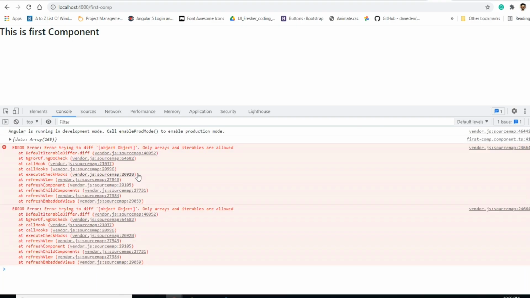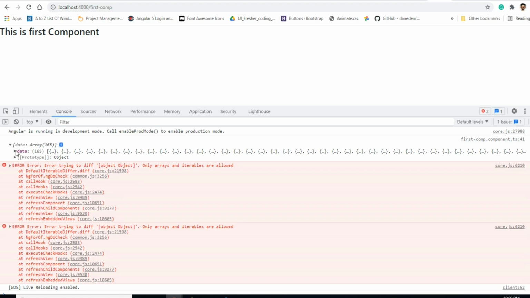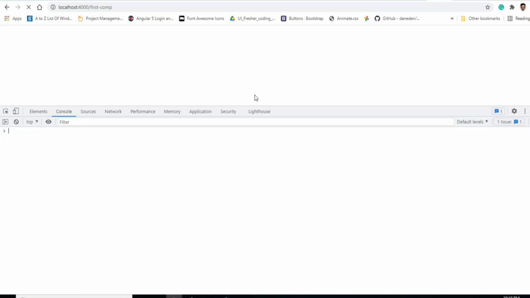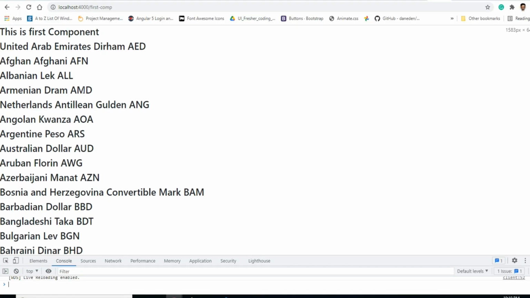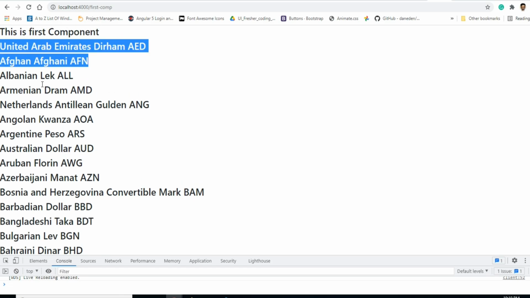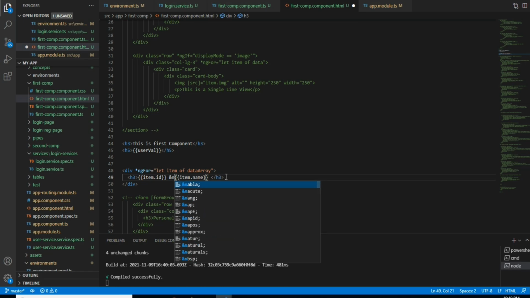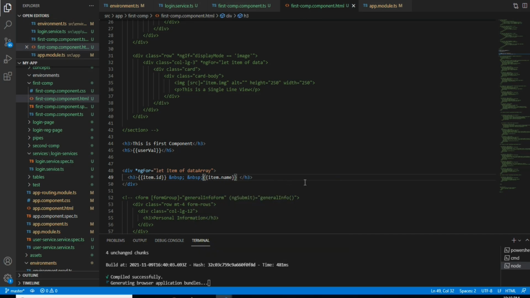Okay, data of data. So yeah, see, this is how it comes. I will do one thing: I will replace the first one with this. Okay, you got it right. So these are the IDs and these are the names.